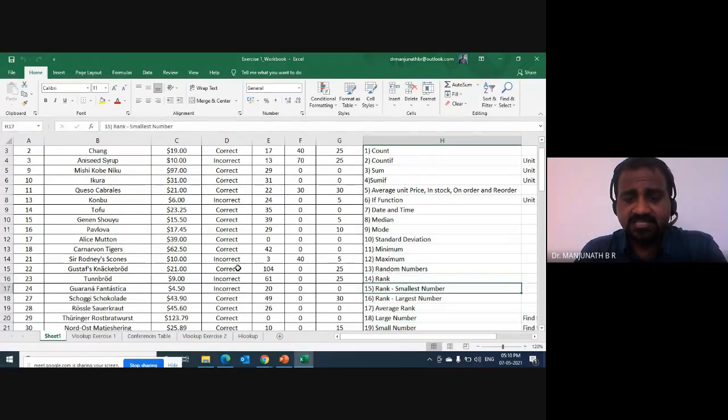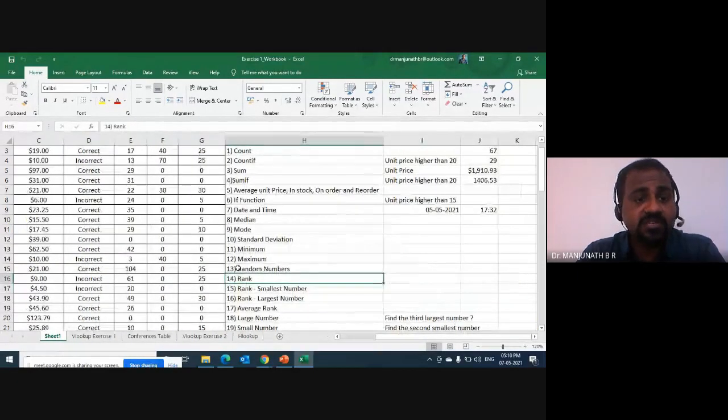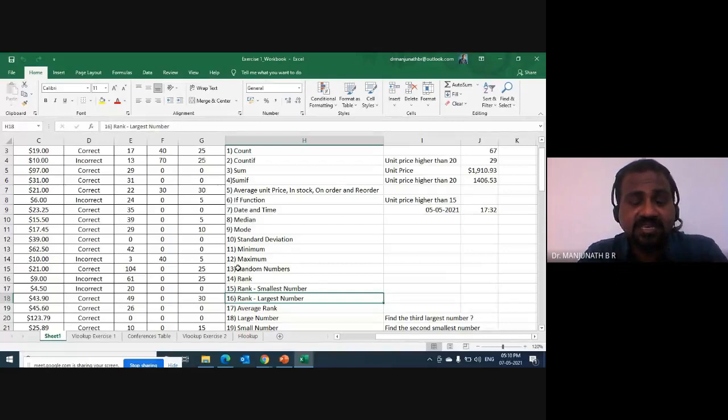I'm sure, again, this is one of the powerful features which you will be using in your project work. Now, on what will the ranking be given? That is the question. The rank smallest number, rank largest number. If I take serial numbers 1 to 10, you can rank the highest number, 10, as the first rank.